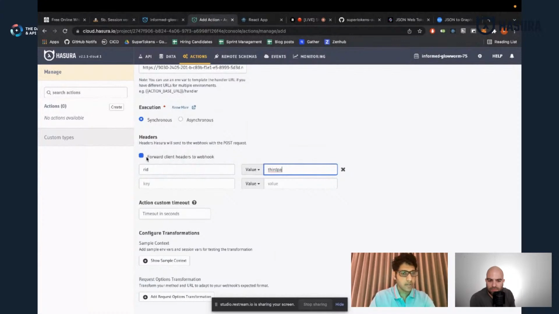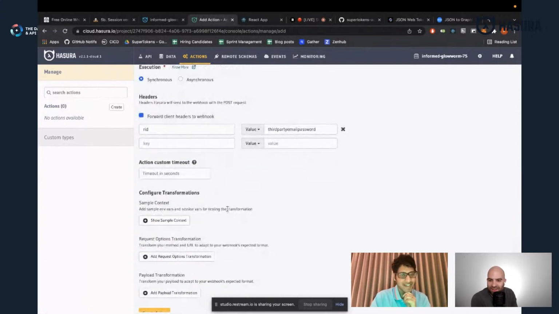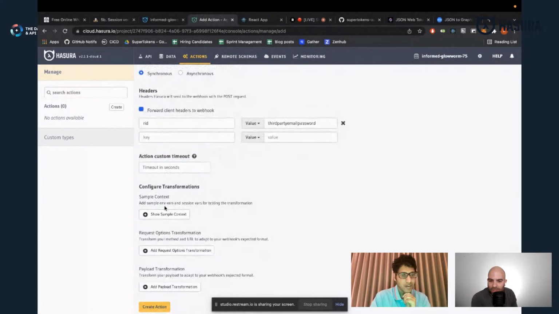Oh, but isn't there no way of proxying the headers as is from the source to the destination? Yes. So we could potentially be able to grab that from the header if we were requesting that from the actual. Let's hard code it for now. We'll see if we can make it dynamic here, depending on the timing and how far we get. Exactly. Then if we go to the, we're going to say configure